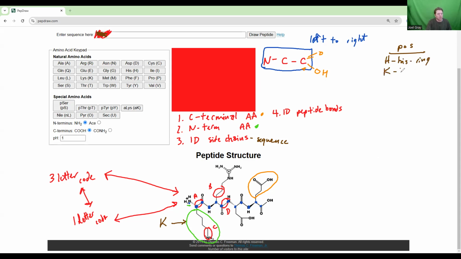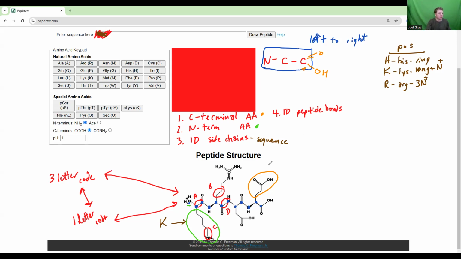K or LYS, that's long plus nitrogen, a positive nitrogen. Then R or ARG is, well, the way I remember arginine, it's got 3 N's with a positive charge there. It doesn't have 3 positive nitrogens, but there are 3 nitrogens in that side chain,